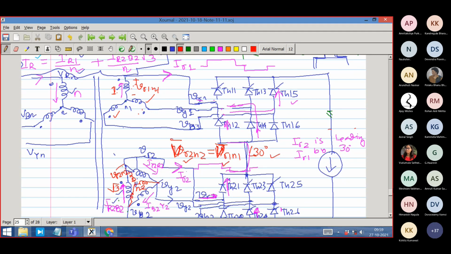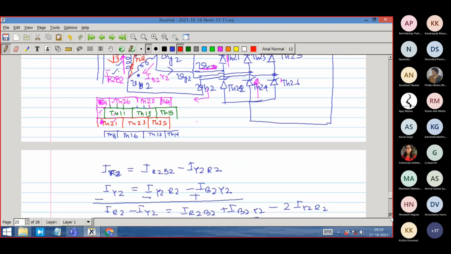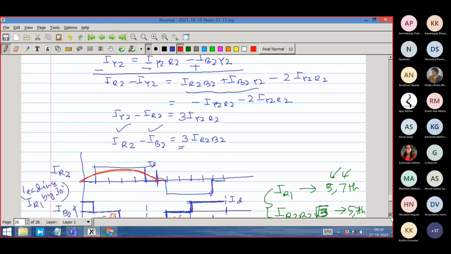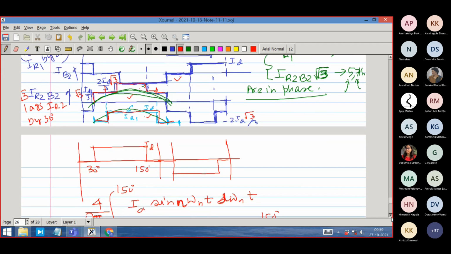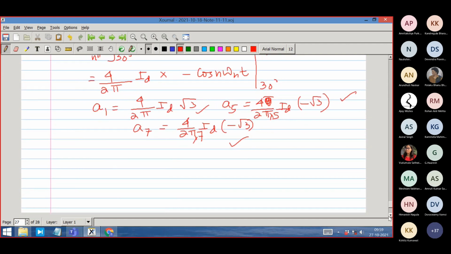Now what harmonics are there? Fundamental is there. Third harmonic is not there, because the basic waveform itself doesn't have it. All even harmonics are not there. Third is not there, fifth is not there, seventh is not there, ninth is not there. So the next significant harmonics will be 11th and 13th.